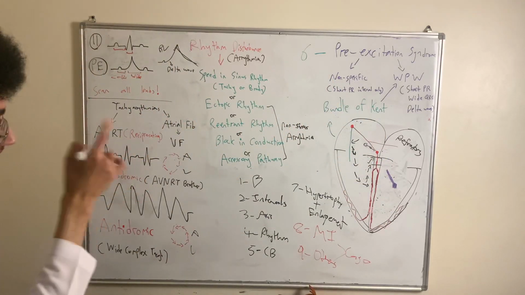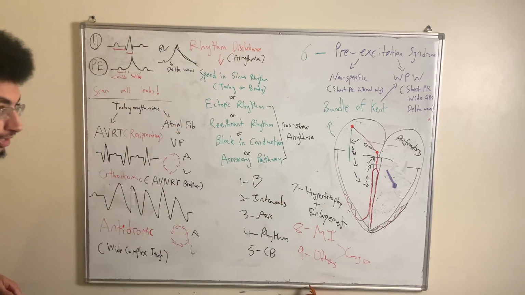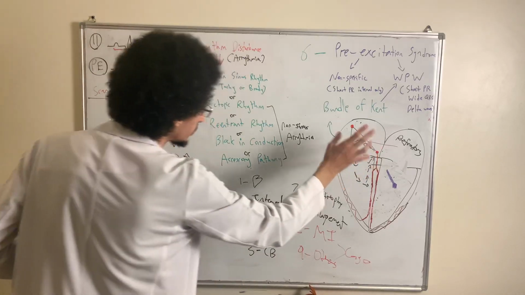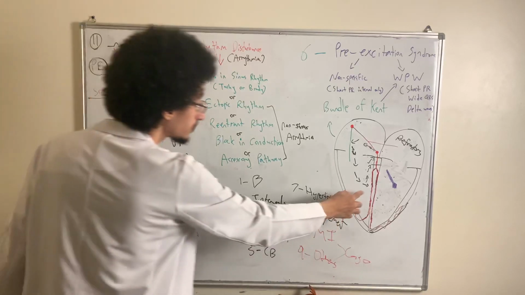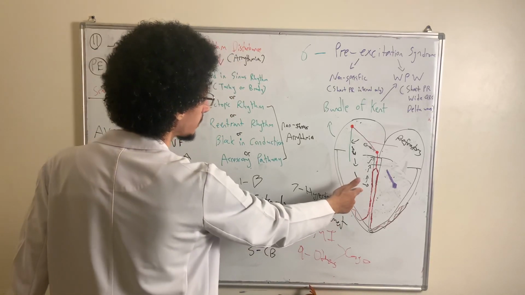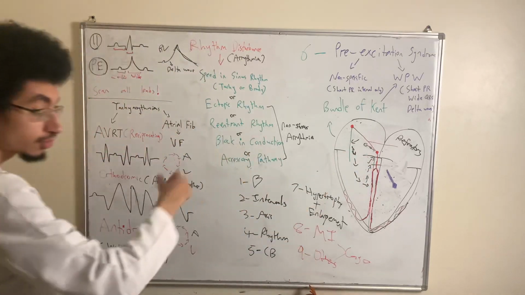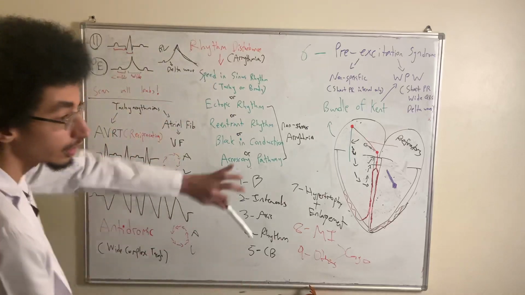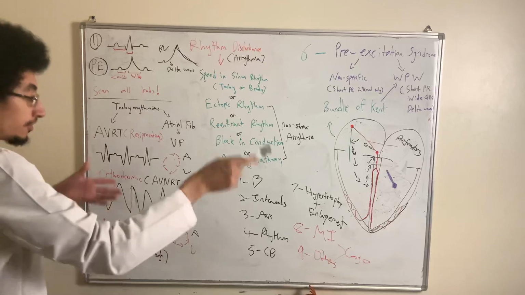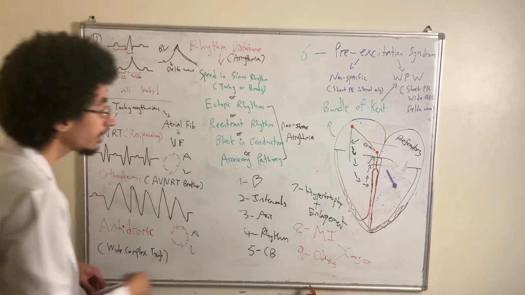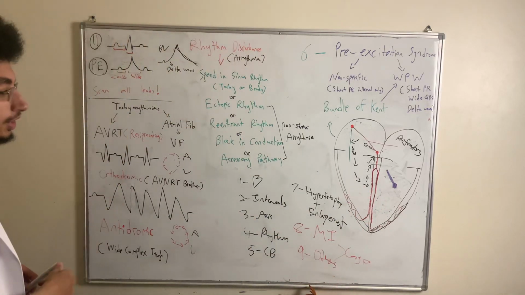So what is the EKG change that's going to occur here? What will the EKG look like as a result of the refractory period of the AV node? Well, very simply. Do you see this wave of depolarization? This wave of depolarization is going to come towards the AV node, all right? And when it comes towards the AV node, since it's going backwards, this is an unusual direction. That means this wave of depolarization is going to cause depolarization of the ventricles from an unusual direction,